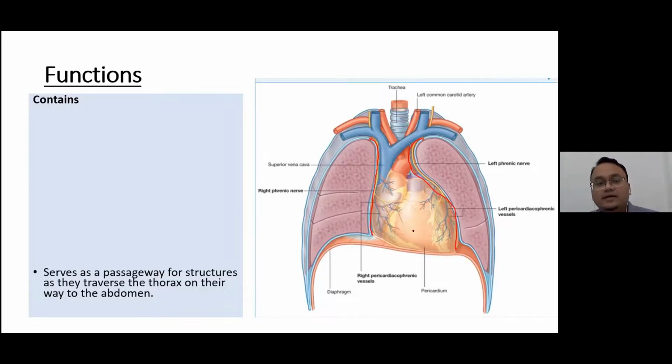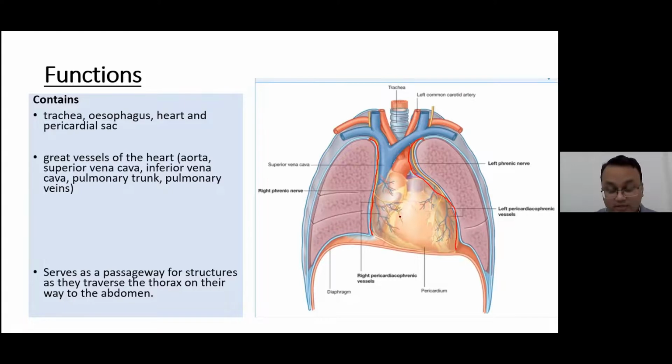Mediastinum. Now, what does the mediastinum contain? It has many structures, isn't it? All these structures are within the mediastinum itself. So you can name them. The list goes on and on, isn't it? We have the trachea passing through into the superior part of the mediastinum until it bifurcates to form the bronchus. Then you have the esophagus coming down all the way from the oral cavity, passing down into the neck, into the thorax, on its way to the abdomen, and the pericardial sac as well, which occupies quite a large area over there,